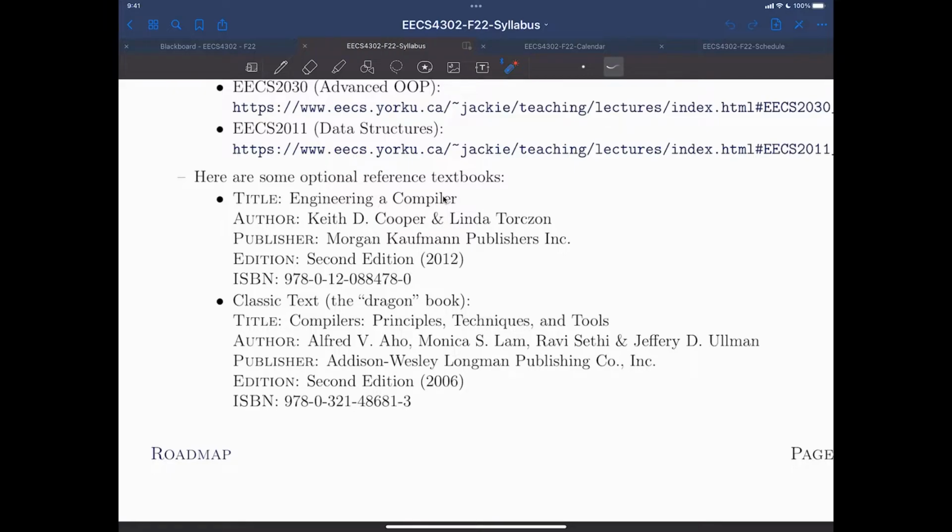Okay. And this textbook over here is actually quite a classic one. It's called the Dragon Book. You will see, if you get a physical copy of that, why it's called the Dragon Book. All right, anyway. If you have any questions about reading through the textbook, feel free to contact me, and I'll be more than happy to